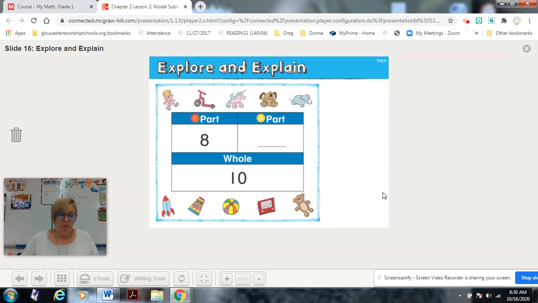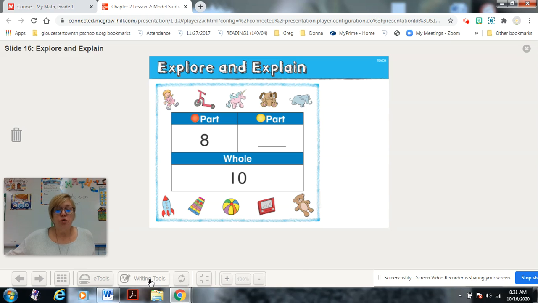So there are 10 toys in a toy box. Well, there you go. Here they are right here. I think if you count them, you'll see that there are 10 of them, okay? And Marty takes out 8 toys to play with, all right? They want to know how many toys are left in the toy box. Now,